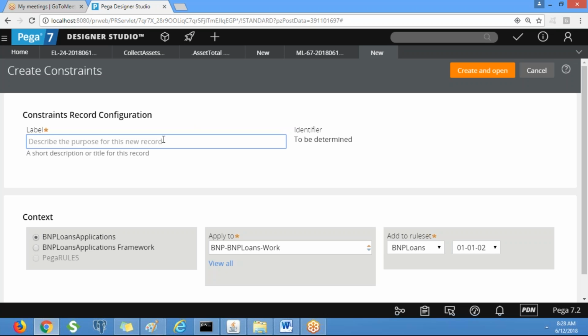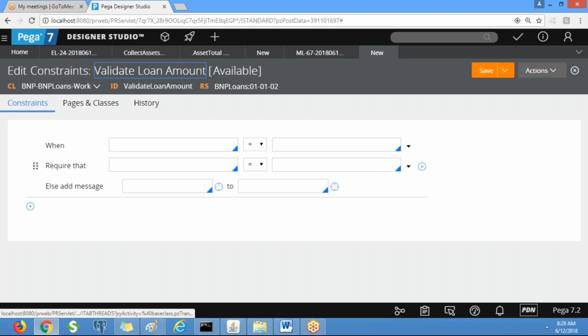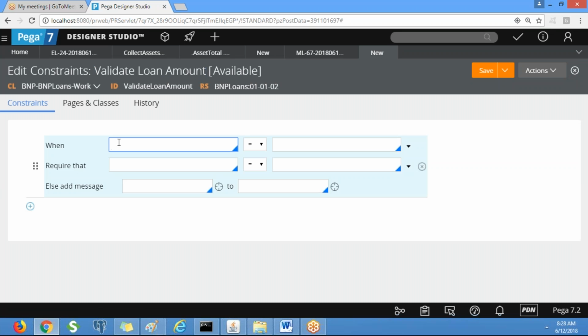What is the label we can put? Validate loan amount. When? So when we need to display that message?